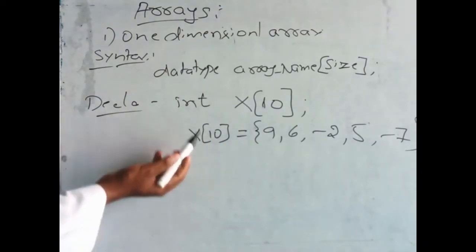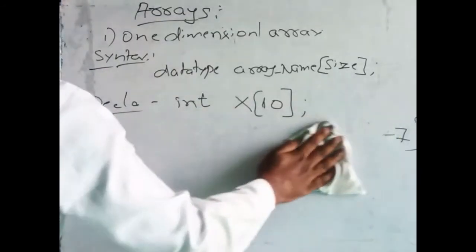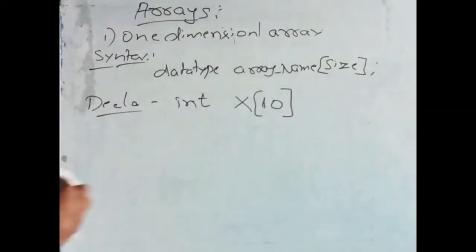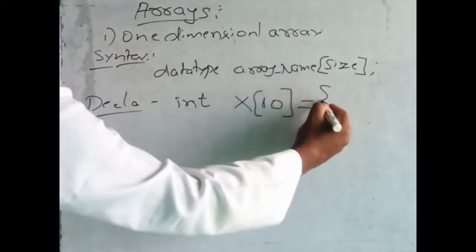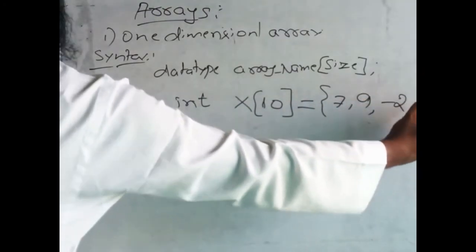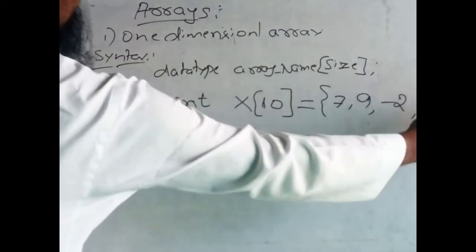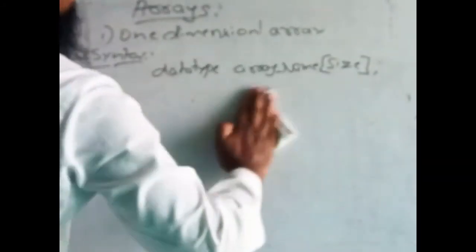Instead of writing two steps, we can write both in a single line of code. Initialization and declaration can be written in a single statement like that. In x of 10 is equal to, here we can write 7, 9, minus 2, minus 8, like that. This is the initialization of the array. I think you can't see the last part, so here I will write